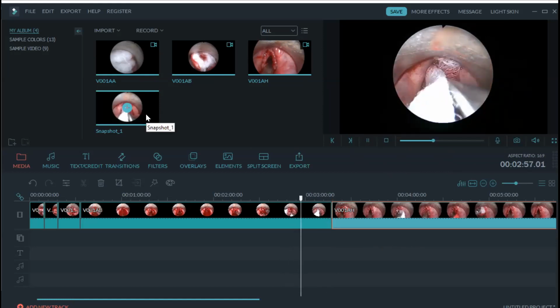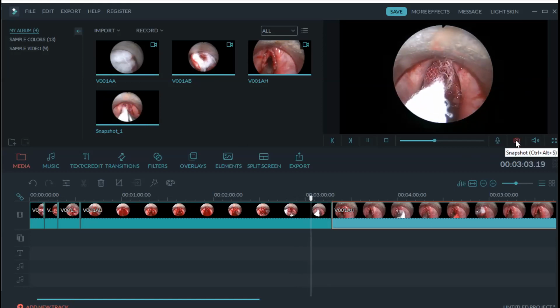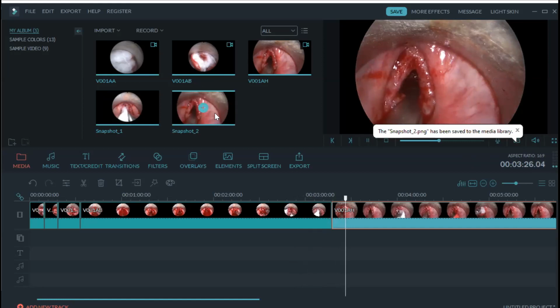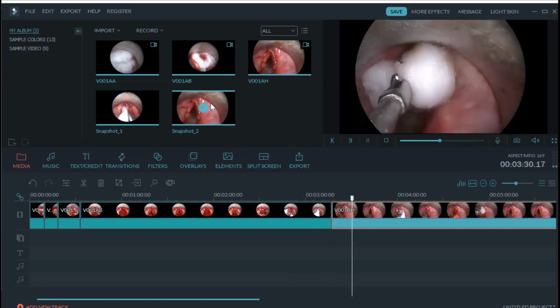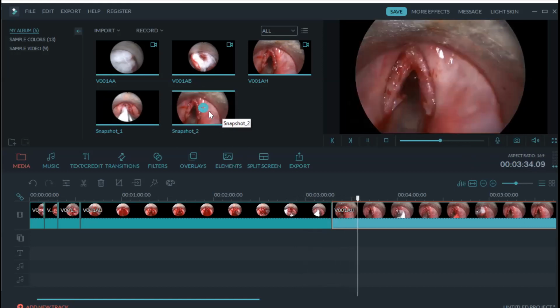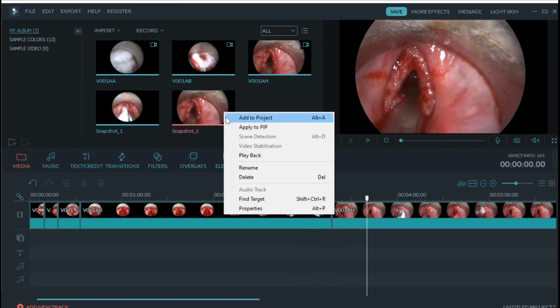So if you have not photographed your surgery, if you don't have an option while doing so, you can also click here. You will get a snapshot here. That's the advantage of this. See, if you want to see it again, you will get a photograph here. This photograph can be added wherever you want. You can use it in the PowerPoint, or this will be located in the photograph folder. If you want to know where it is, you can right click, then go to find target. You will know where it is.